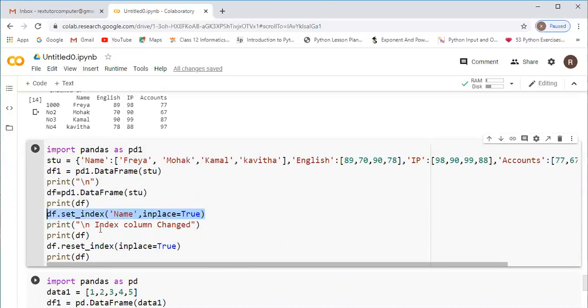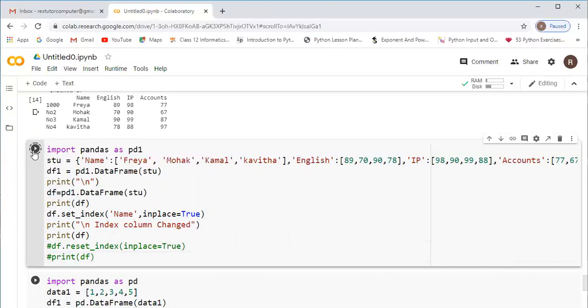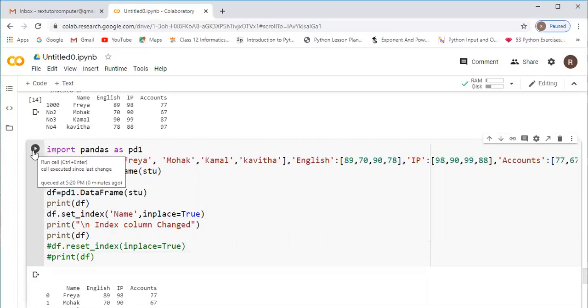So df dot set_index of the key you want to use as the index, comma, inplace is equal to true. I have just given a hash for your reference, and I will explain that later. Now see the output when we execute this command.